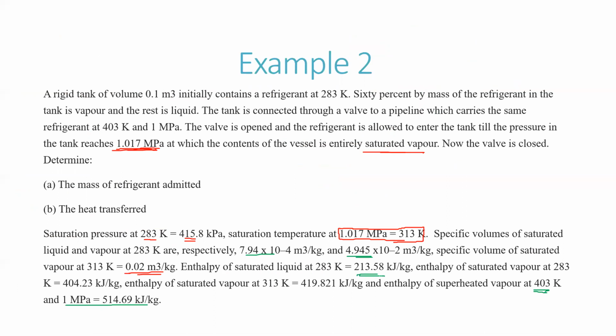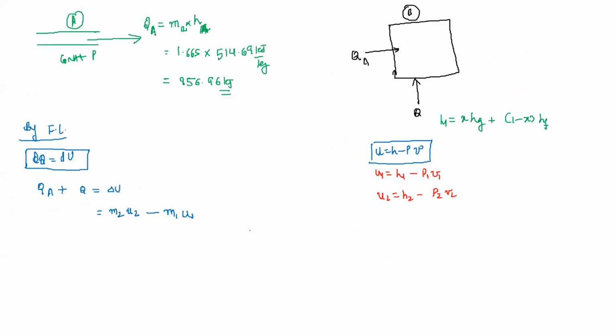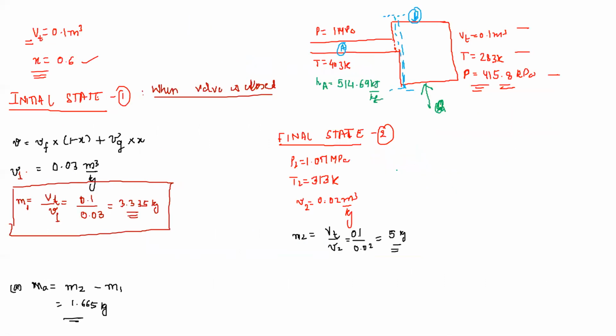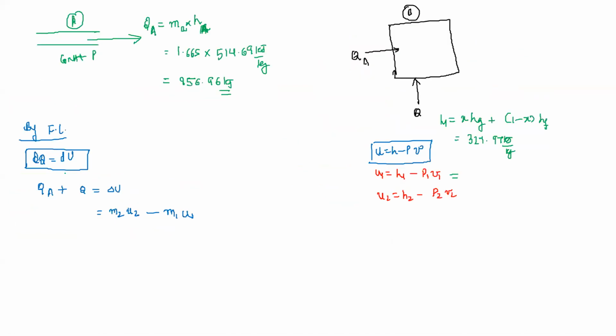Enthalpy of saturated liquid 213.58, that is Hf, and Hg they have given to be 404.23. So using this data and this formula, I'll get enthalpy at state 1 equal to 327.97 kilojoule per kg. All right, 327.97 kilojoule per kg. So once I have H1, therefore U1 is going to be 327.97 minus 415.8 into V1, that is 0.03. So U1 you will get as 315.9